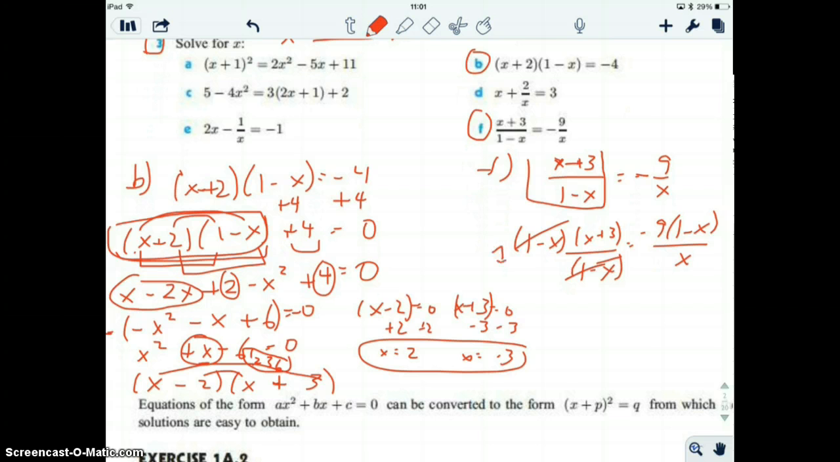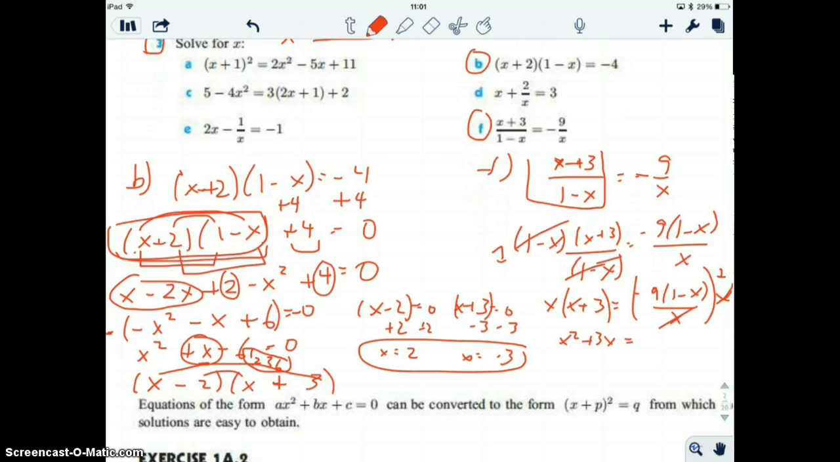1 minus x divided by 1 minus x is equal to 1. So we're left with x plus 3 on the left side. On the right side, we still have something in the denominator, which is x. So how do we get rid of that? We're going to have to multiply both sides by x, because that's what you do in algebra. You have to multiply both sides by the same number. On this side, we get x squared plus 3x. On this side, cancel those out, leaves 1. We get